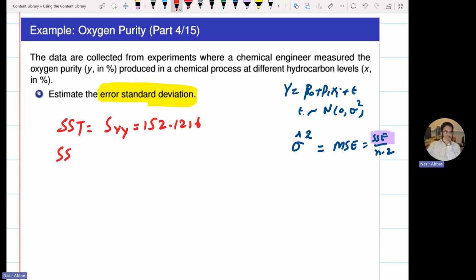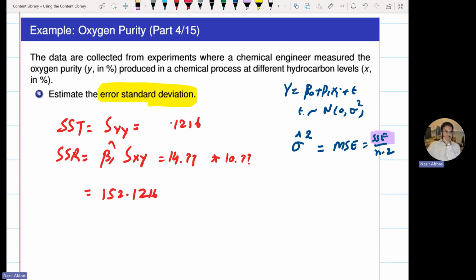Then I will find SSR. Formula sheet will give me that SSR is beta 1 hat times SXY. I computed all of these quantities earlier. Beta 1 hat is 14 point something, multiplied by my SXY, which was 10 point something. So I get